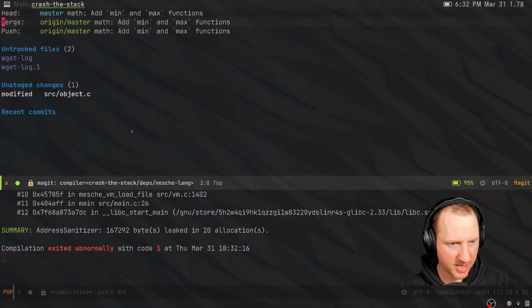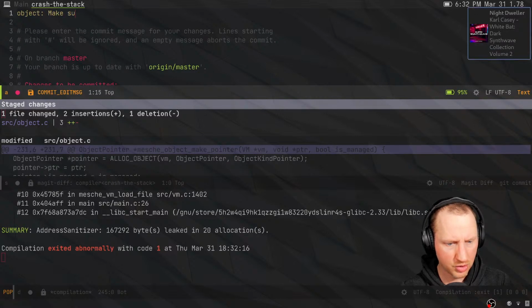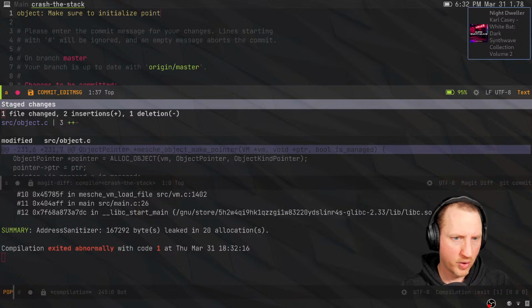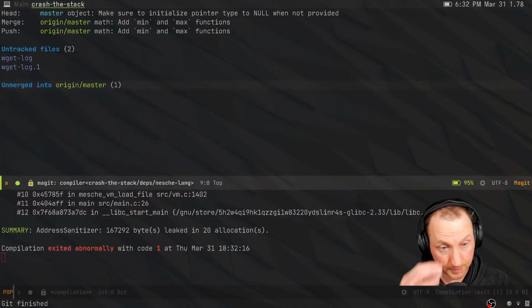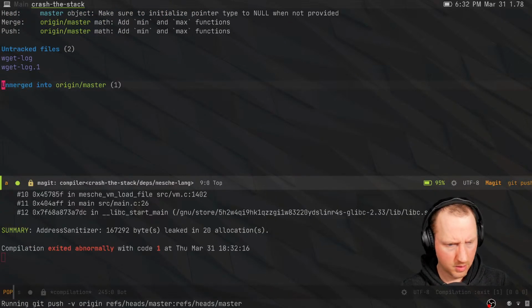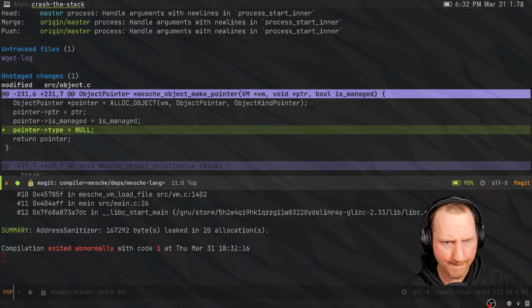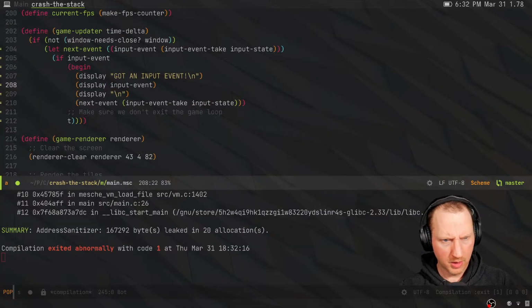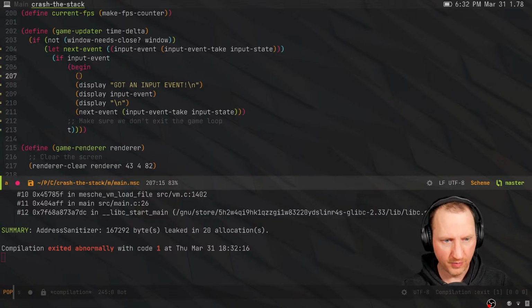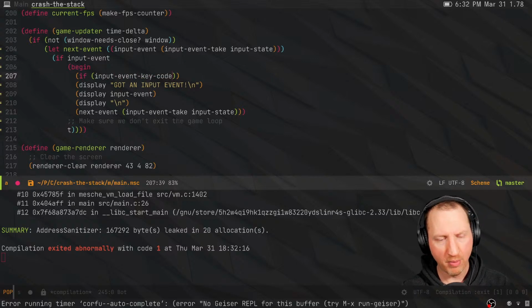Excellent. I should probably check that in. So object, make sure to initialize pointer type to null when not provided. Whatever. All right, push that, good. So now we can actually read the input event. And like I was saying before, to check it, if, let's say, input event key code, that part's relatively simple because we can just say, well,